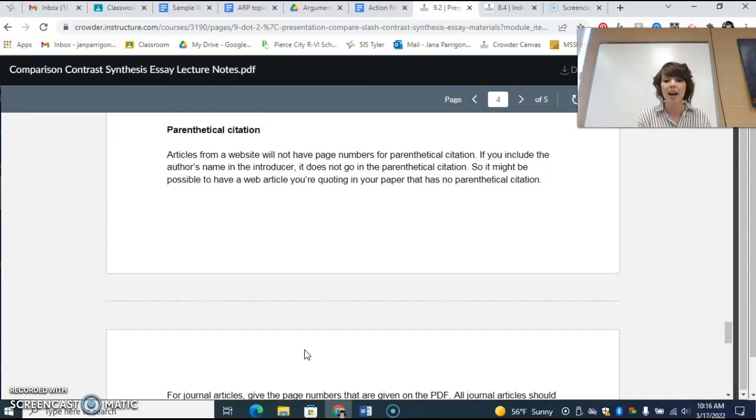Okay, so if I'm going through your works cited page and I'm like, oh, this Jones article is from EBSCOhost and it's from pages 338 to 341, then I'm going to be looking for one of those page numbers in the parenthetical in your essay. If it's not there, you're losing points. Because if you're referencing something from the article, we need to know what page number it's on. Okay.